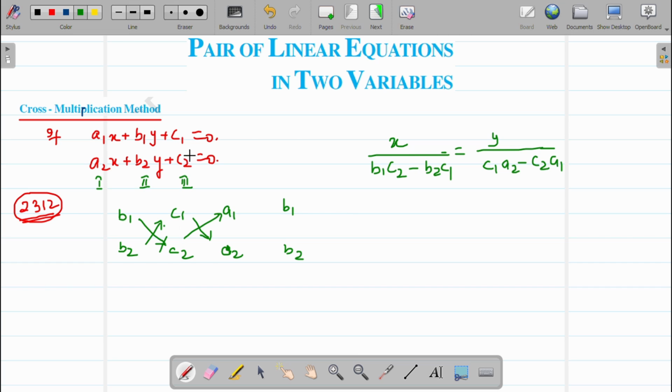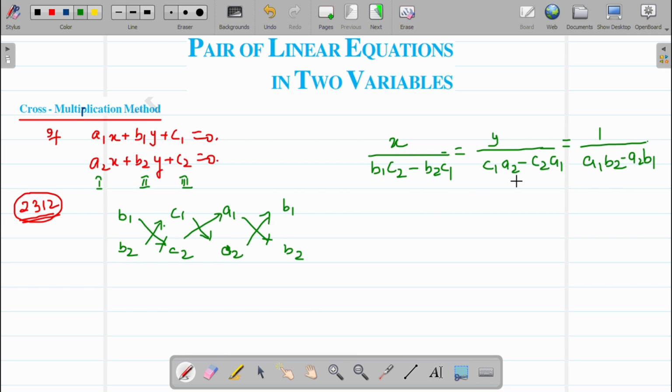And remember students, we should have the constant term on the left side of the equation. Then only we'll have this. Otherwise, if you have constants on the other side, we get one extra negative sign. So I will not confuse you. Just bring the constant on the left hand side and then start with this method. So then 1 upon, we have a1 b2 again top to bottom minus bottom to top, a2 b1.